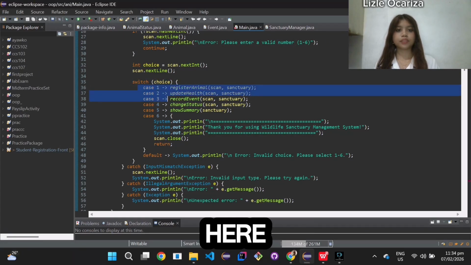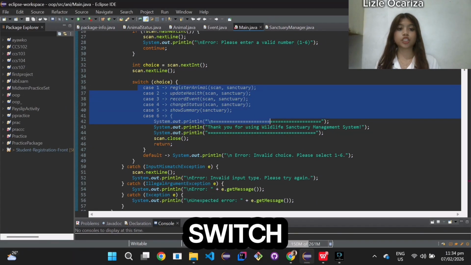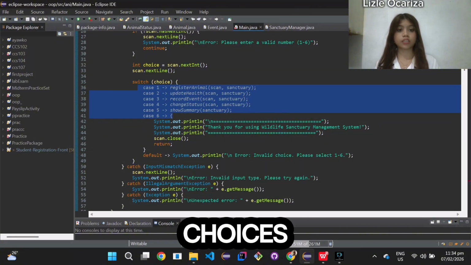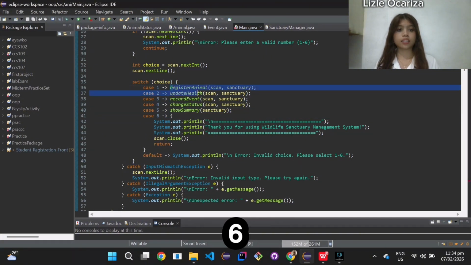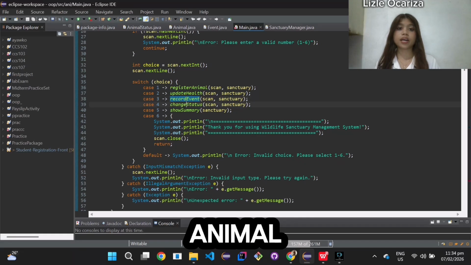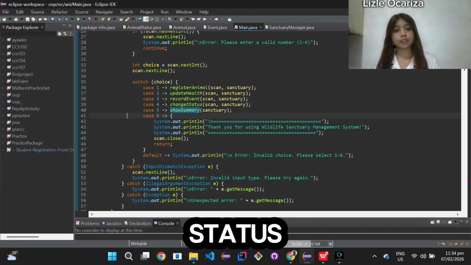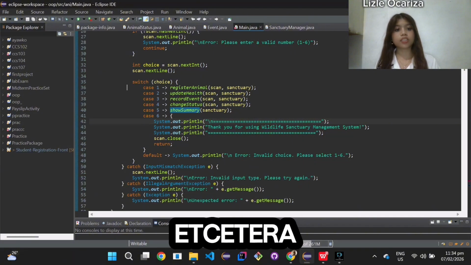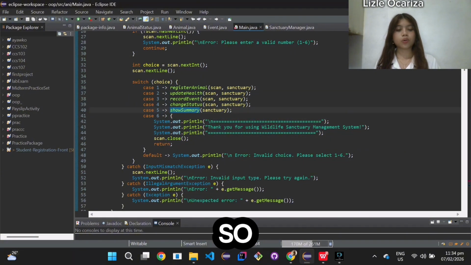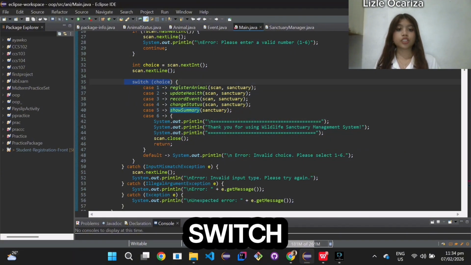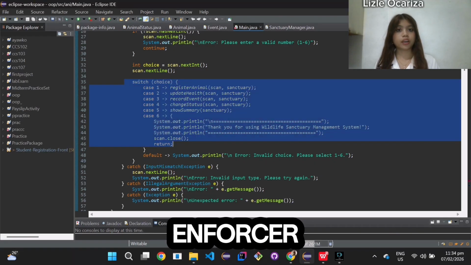Here, as you can see, we use a switch for our choices. Case 1 until 6: register animal, update health, record event, change status, show summary, and etc. So this switch is basically a traffic enforcer.